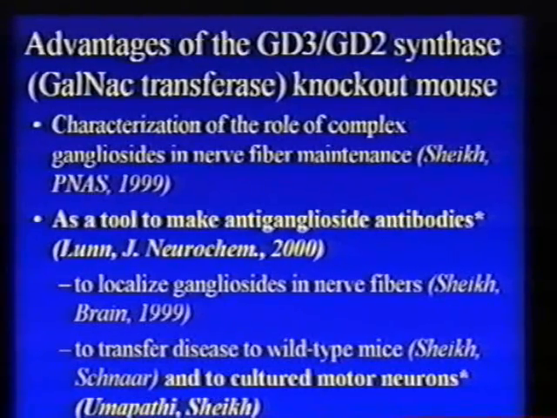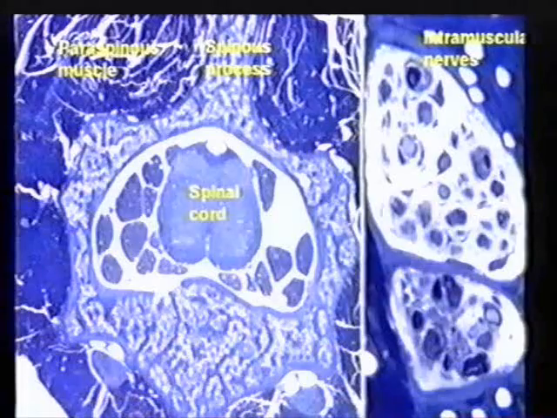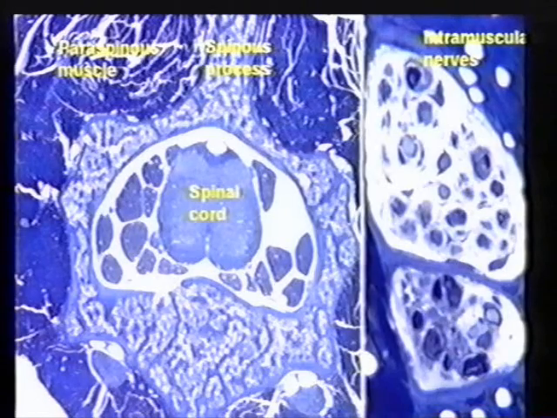They generated enormous antibody titers, and they have been used as a tool to make anti-ganglioside antibodies and to transfer the disease then to normal mice. And although I won't talk about it, to cultured spinal cord and motor neuron preparations. When Kazim made those antibodies and made cell lines that were generating pure IgG antibodies against the